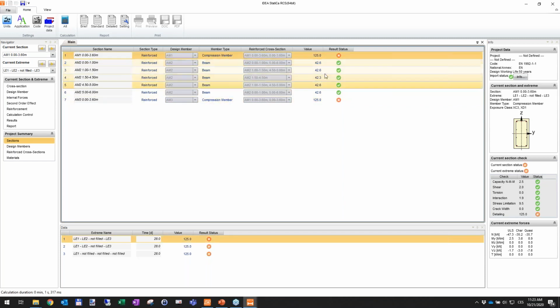You immediately see the status of the checks. So you can see that there is something wrong with the column check. At this summary section check, you can see that we have a problem with detailing. So I choose this section. There are 3 extremes. Go to results